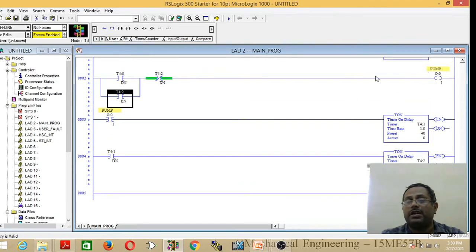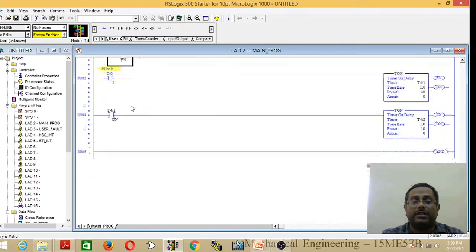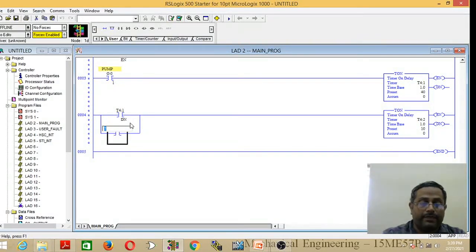That's why we are giving latching as T4:2/EN. And next here also give one more latching the same as before. Connect here, add an open contact, give the address T4:2/EN. Like this you have to construct.